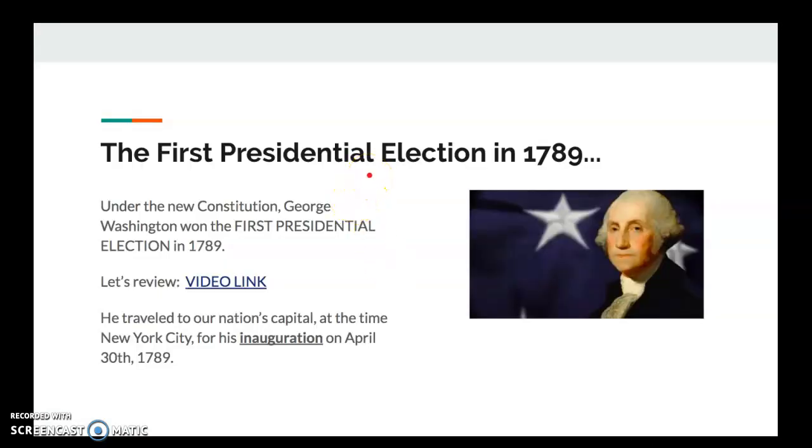All right, so picking up where we left off with civics, the first presidential election in this country's history happened in 1789. If you recall from our civics unit, under the new Constitution, George Washington was going to be the head of the executive branch of the government. He wins the first presidential election in 1789. Actually, a little bit of trivia for you: that election took place over 1788 and 1789. Things didn't happen very quickly back in those days. It took a lot of time for information to be distributed to people and for votes to be tallied. So it was a real process back then.